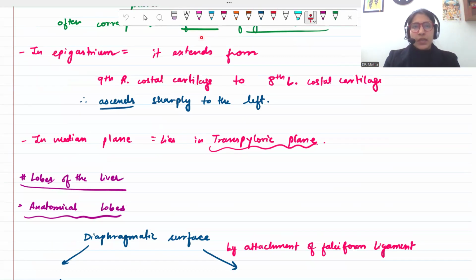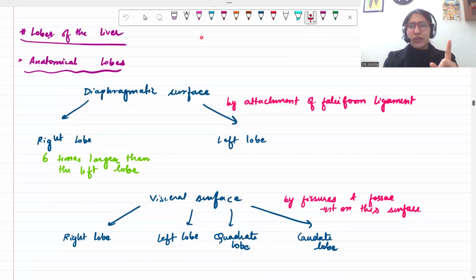Fine. Now let us talk about the lobes of liver. Lobes of liver generally हमने दो पढ़ी. हमने पढ़ी एक right lobe होती है, एक left lobe होती है. We are very happy with that. ठीक है. बट अब हम पढ़ेंगे कि lobes of liver को divide करने के लिए दो तरीके हैं. पहले तो